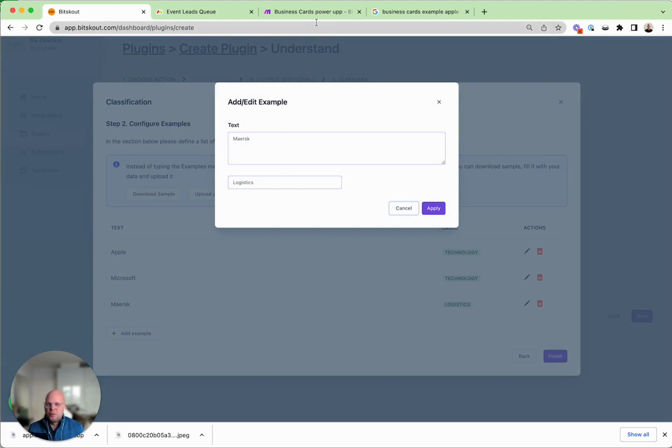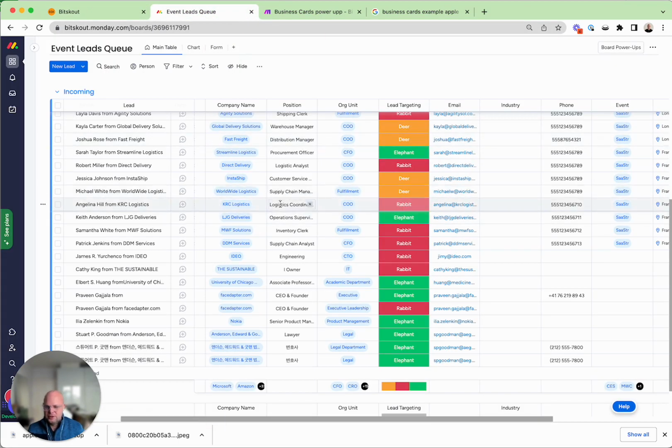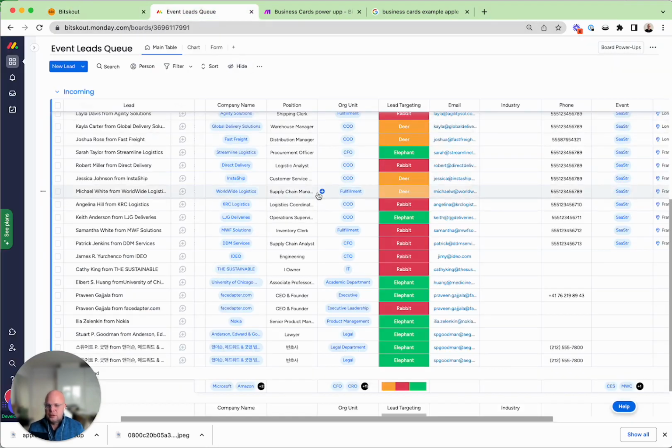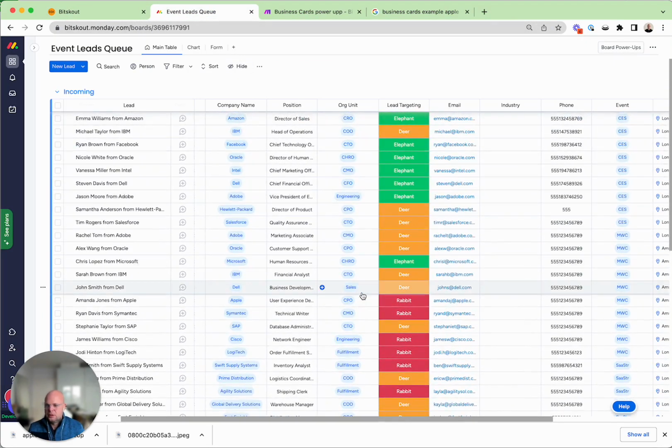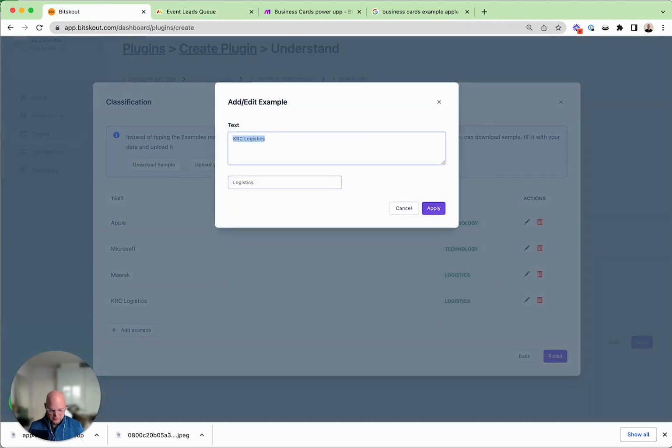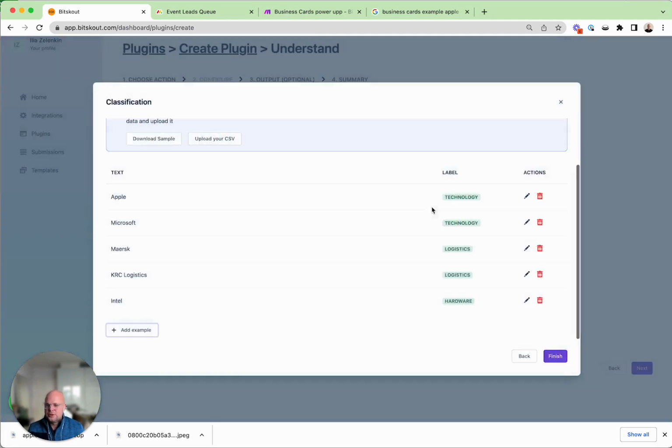There is IT probably, and etc. Let's add another logistics one, and let's call Intel hardware, and etc. So Bitskout will be picking up, based on your examples, what you want to do. So if you're not happy, you can add more examples.